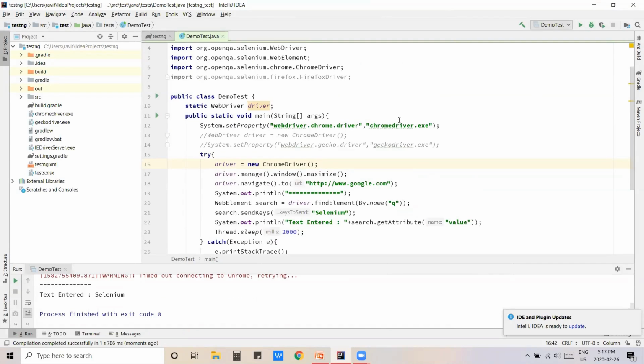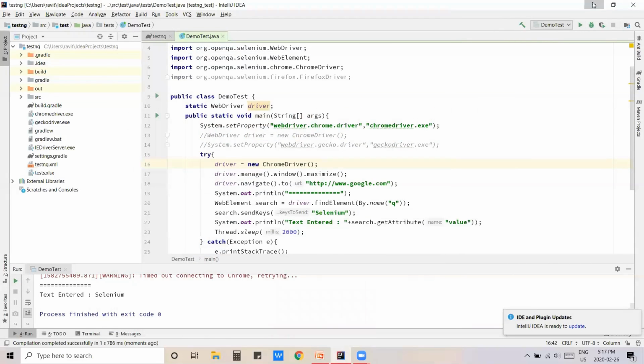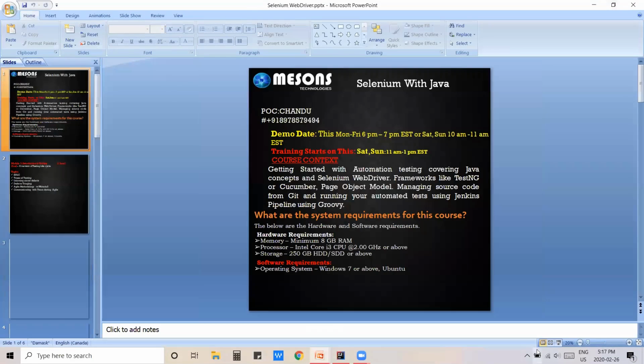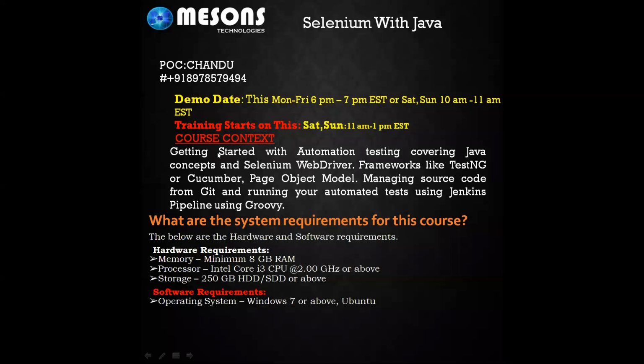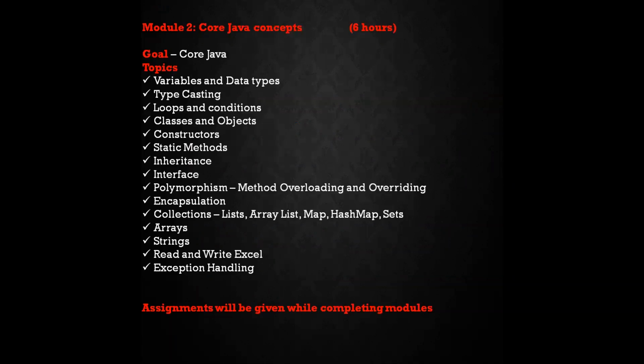And now I'm going to show you what I'm going to be covering in my course. I'll definitely spend 1 hour on testing methodologies and how Agile works, because that is very important, and you'll get some interview questions from that too.